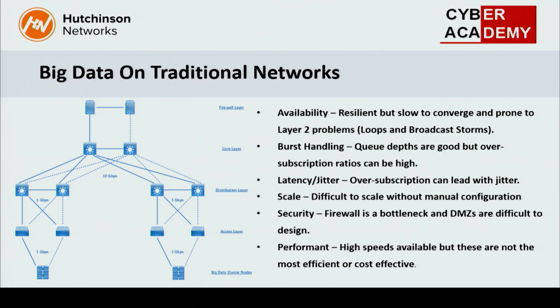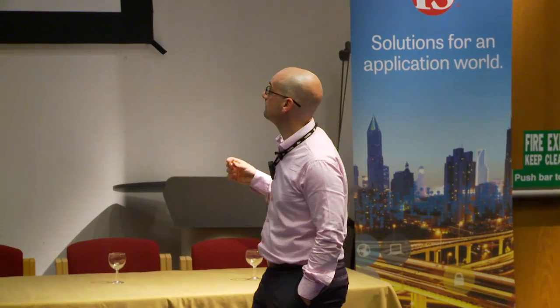You have something called layer 2 loops, which will crash your network. So you use a protocol called spanning tree, and that shuts down every redundant link that you've got. As a result of that, you're losing at least half of your bandwidth, or possibly more, depending on how you've engineered your network. So that straight away is a problem. You do have redundancy. So if you lose some links or some switches, then things carry on working. But because of this spanning tree, you've actually got to stop it for 4 or 5 seconds before it kicks off again. So you've got a delay in the time it takes to fail over.